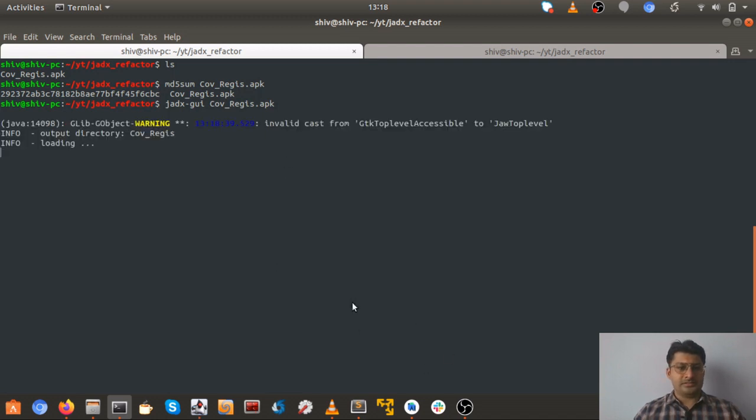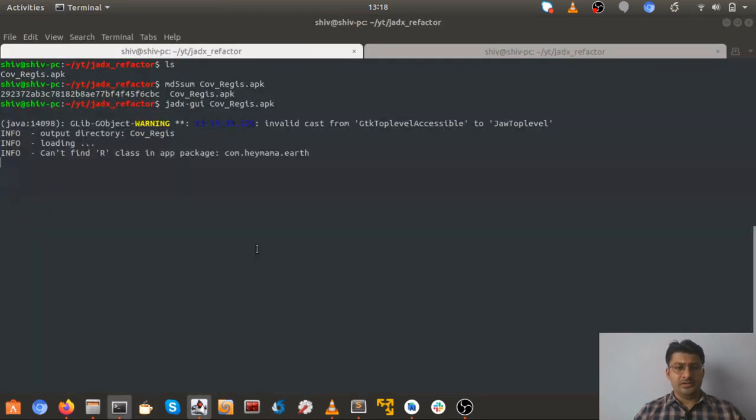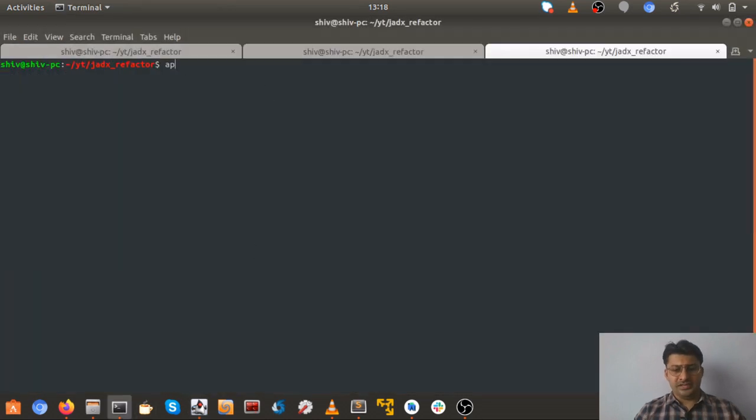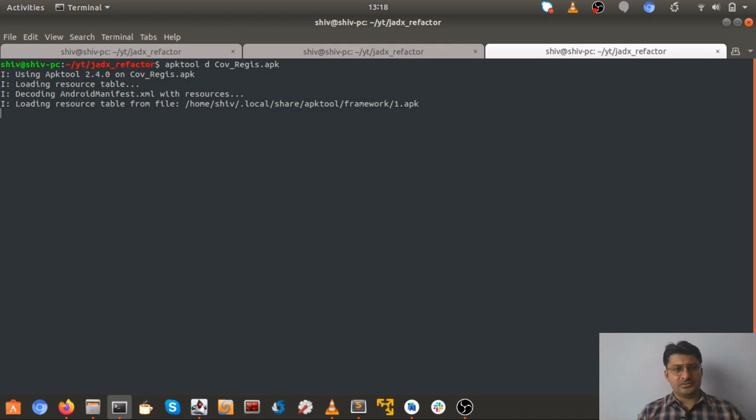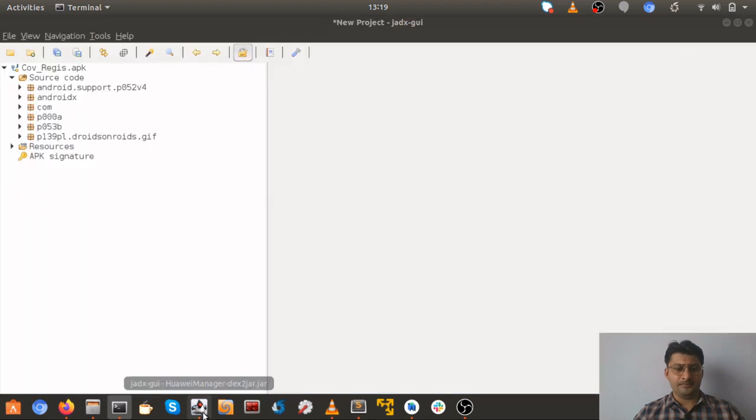This takes a little bit of time. So by the time this is getting loaded up, let's go ahead and fire up apktool on our sample. The main reason behind this, as I told you in earlier videos as well, is that AndroidManifest.xml is a fantastic starting point for analysis. So once this is done, let's check on the JADX GUI. Okay, so JADX GUI is loaded.